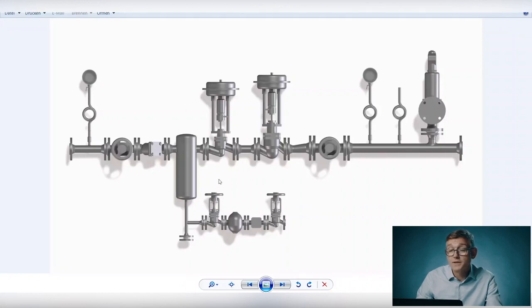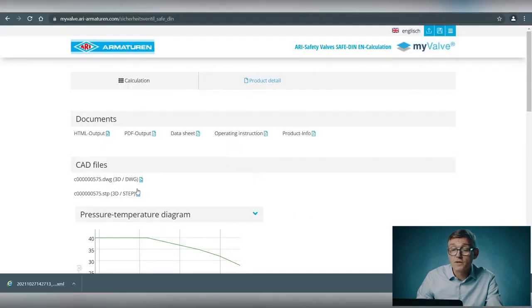We did the sizing of the pressure reducing station, meaning the control valve, diameter 25, KVS 6.3, and the safety valve in diameter 20, inlet, to 32 on the outlet, SHR plug, set pressure 3 bar. And we did the sizing of the inlet line, diameter 25, and the outlet line, diameter 32. Well done. And when we go back to